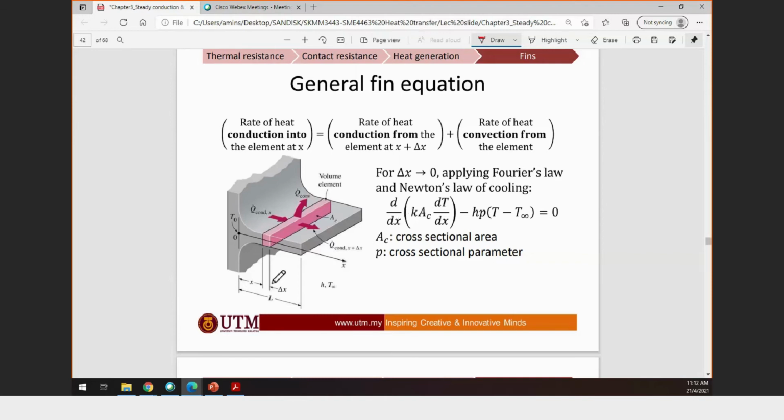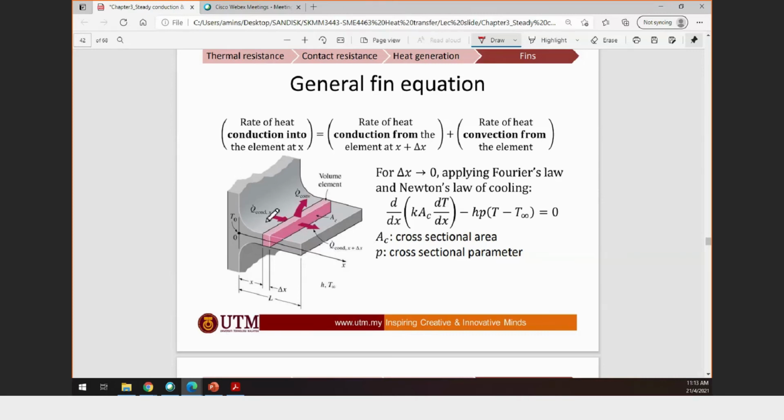So imagine that this is the fin that you want to introduce or design on a particular surface. At one specific element, we want to know how much the heat moves, or the heat transfer from one side to the other side, due to the energy balance. Using the energy balance, so you know that